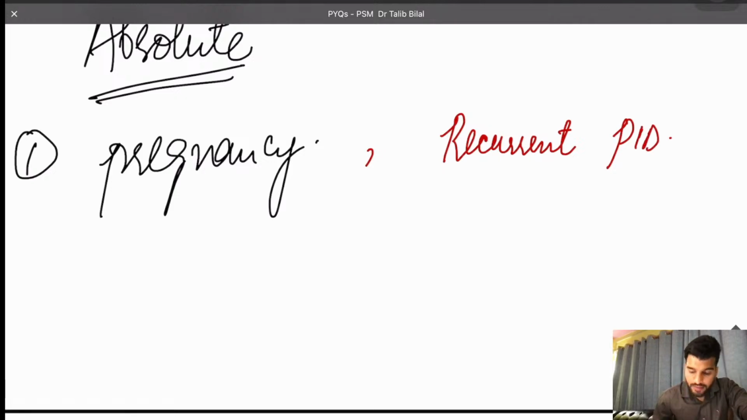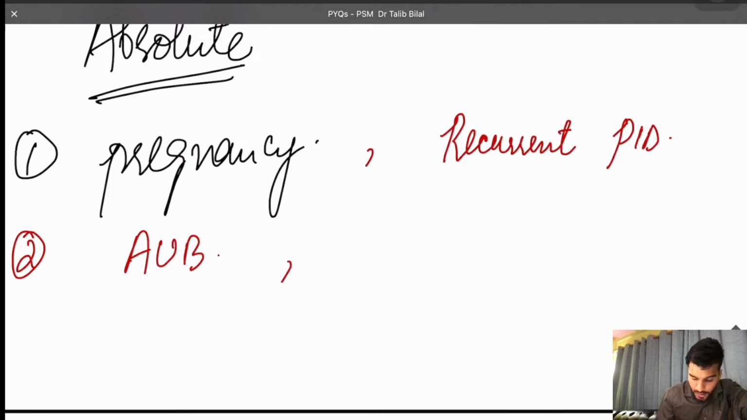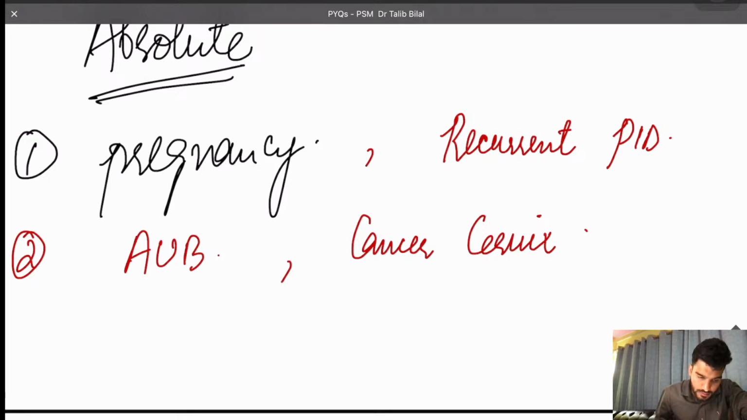If the patient is having a recurrent or current PID, it is an absolute contraindication. If a patient is having abnormal uterine bleeding, meaning any bleeding other than the normal menses, or if the patient is having cancer cervix,